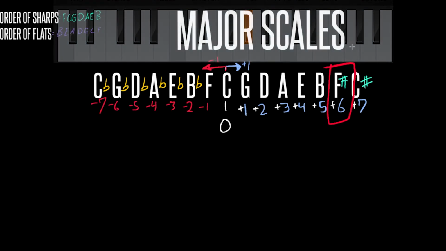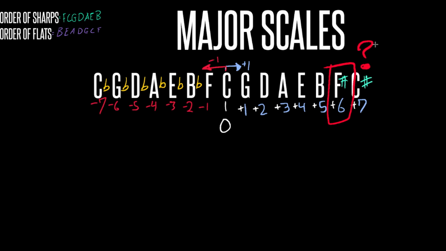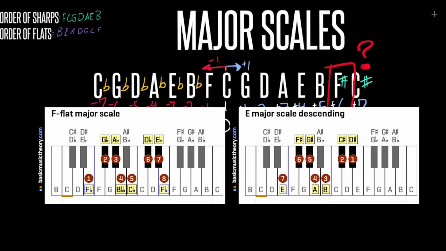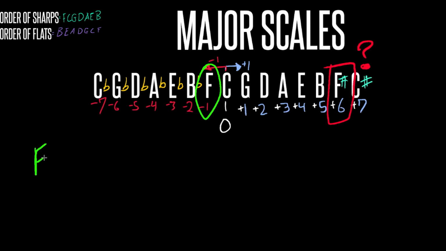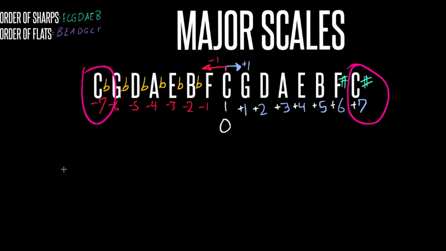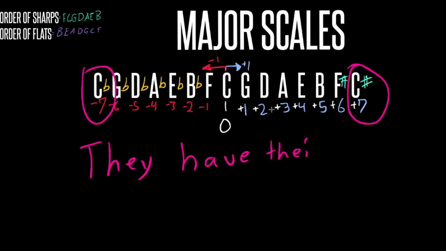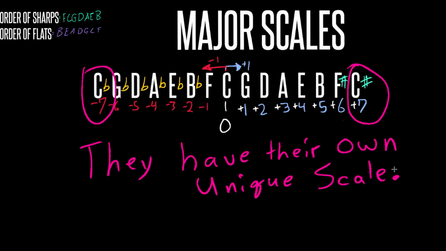So what's up with the F sharp that we put at the end right here? There are 2 reasons for this. The notes in F flat major are pretty much the same as E major, just with different names, and it's very complicated looking. There's no use in having the 2 same scales. And secondly, because the regular F major scale already has a flat in it, think of it like that. You can't have 2 F scales with flats in them, right? Weird. So what's up with the C? Well, because C has 0 sharps and flats, it could pretty much go either way. But yeah, that's all of the major scales right here.